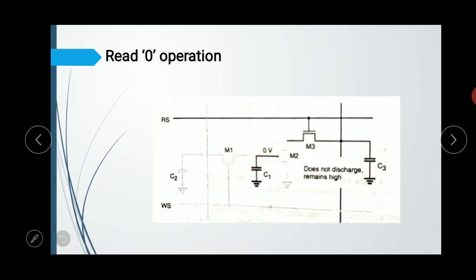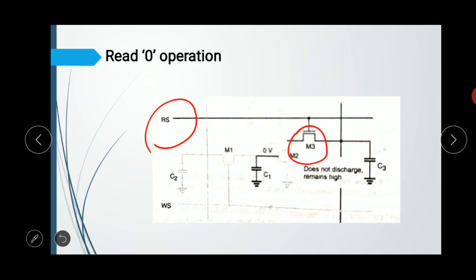Next one is the read 0 operation. In order to read this stored 0, meaning in the previous operation we wrote 0 in this DRAM, the read select line, that is the RS line, must be pulled high or activated during the active phase of phi 2. As we know, in the phi 2 phase, data read and data write operations occur, following the pre-charge cycle. So the read access transistor M3 is turned on,